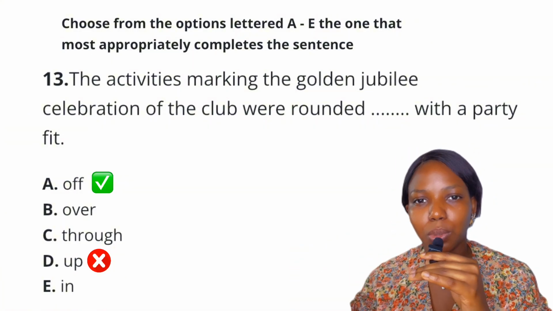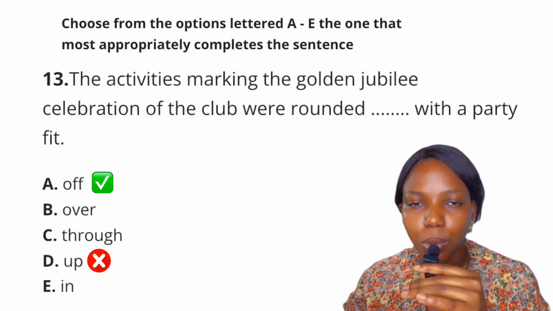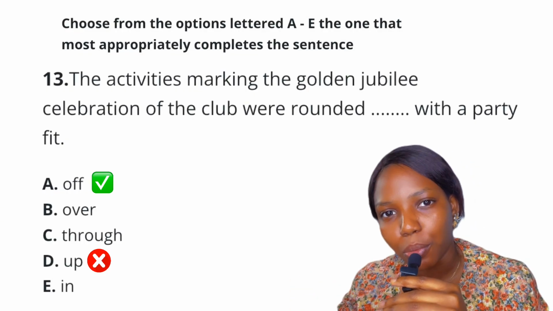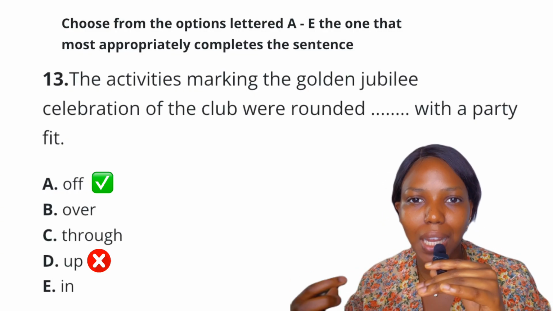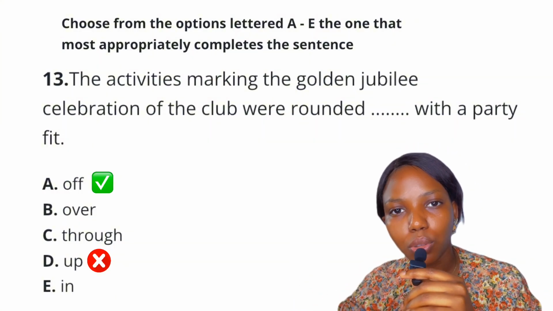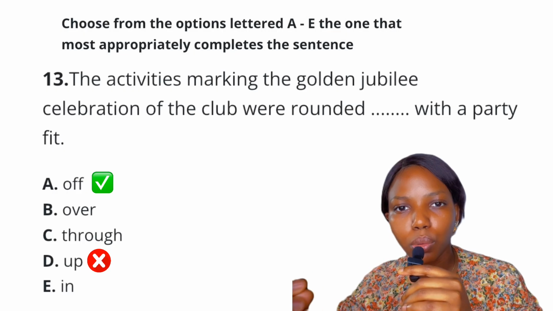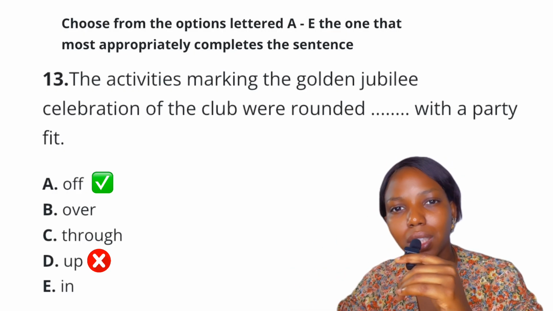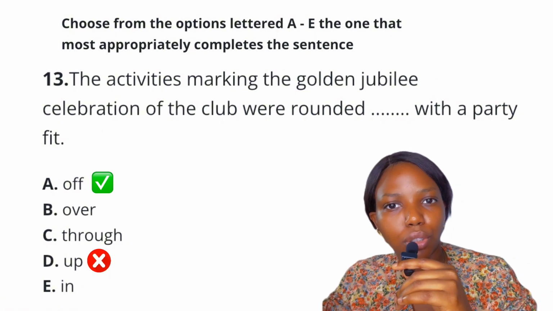So in mathematics, we say, oh, 399 was rounded up to 400. Now, round up as a noun means the act of gathering, the act of collecting. For example, the police conducted a roundup last night. It can also mean the summary of the important points. For example, here is a roundup of today's news.